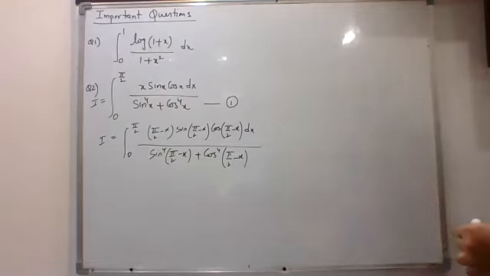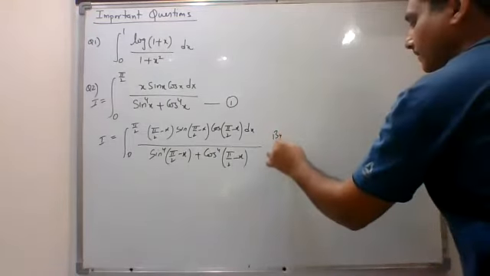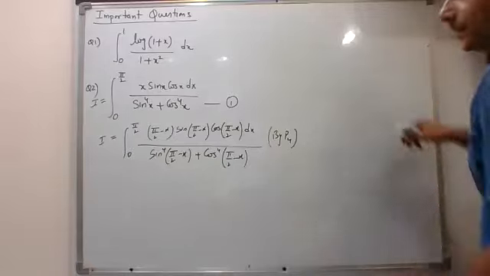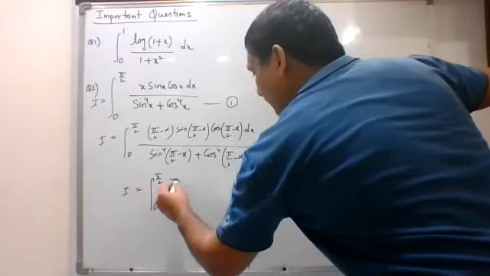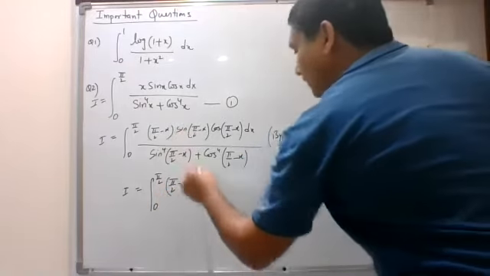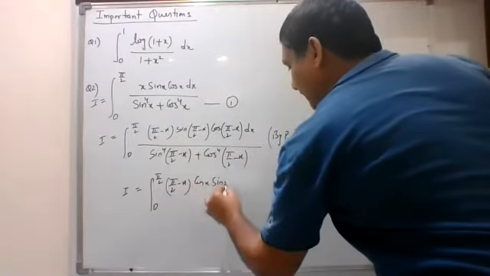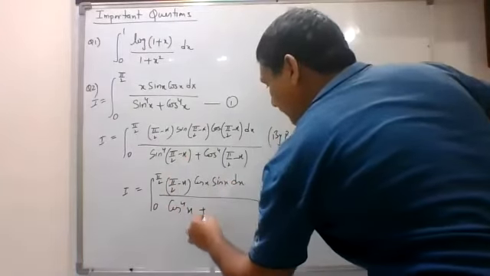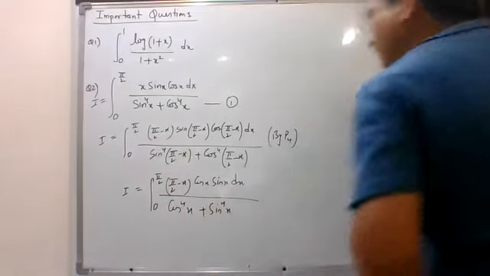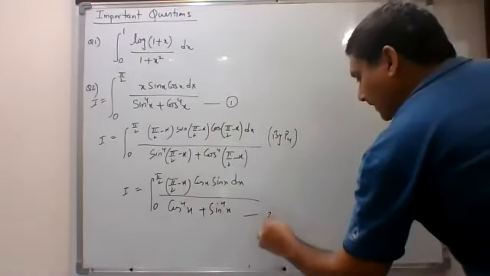So after this, you can apply rotation method. This we had written by using P4 property. So when you apply that rotation method, this can be rewritten as 0 to 90, pi by 2 minus x. This will become cos x sin x dx. This will become cos to the power 4. This will become sin to the power 4. Now, let me call this as number 2.